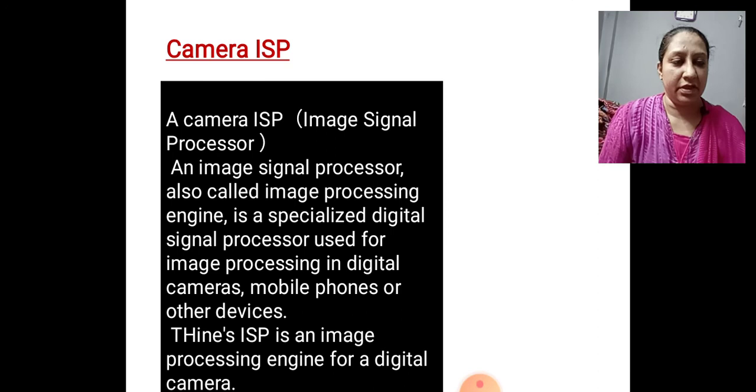The first feature is called as camera ISP. Everybody is aware of the cameras. That camera is helping us to take the photographs. We take photographs with the cameras, and not only we click the photographs, but we also take the videographies with it. But what is extra added in your camera is a component called ISP. It stands for integrated processing chip.